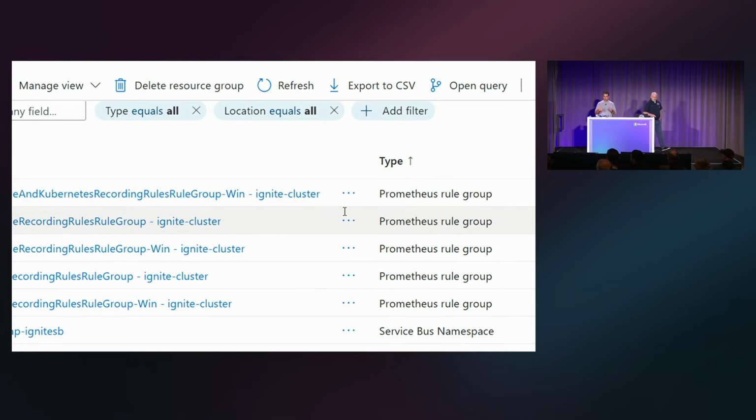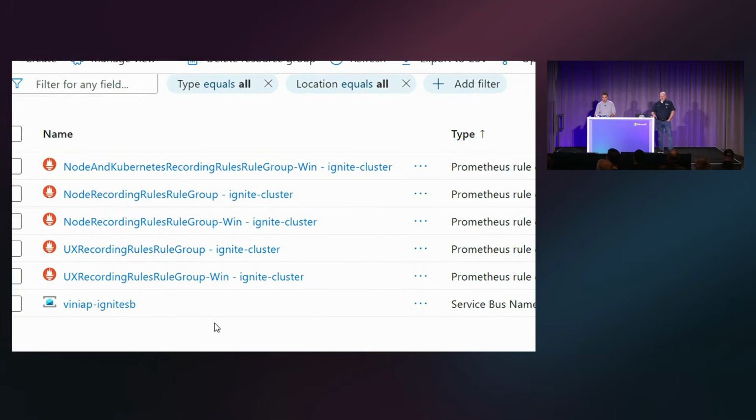So what you see here are the default rules for collecting data from your cluster. The moment you enable monitoring for your cluster in AKS, and that data is being sent to Prometheus, you're going to see rule groups, and you can create new ones for the things that your application does.